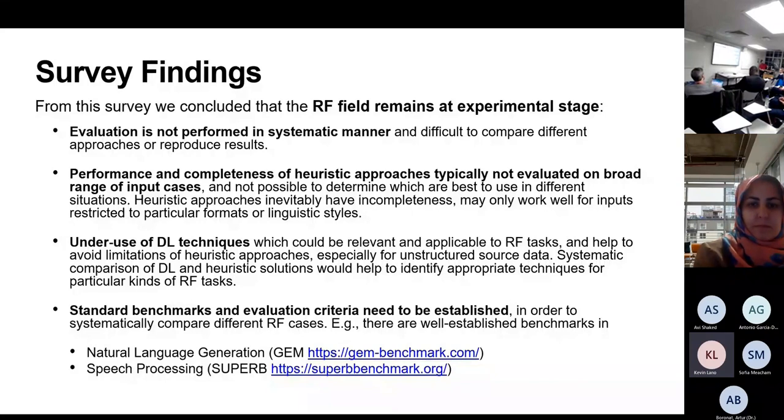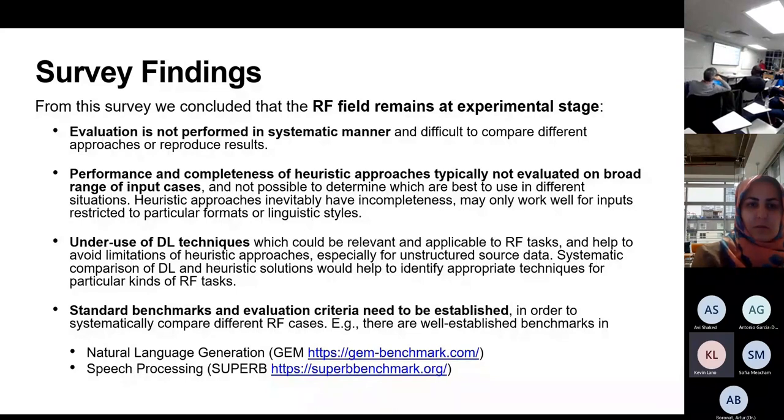So there wasn't a standard set of cases which were used for different papers and which therefore could be used to compare them. And especially for heuristic approaches, it's hard to tell how general those approaches might be because they look at only a few input cases, a few kinds of requirements statements.